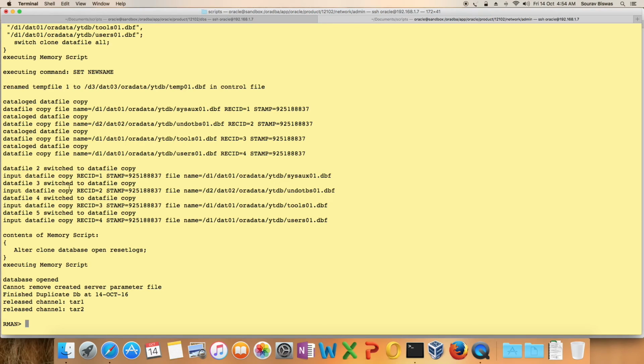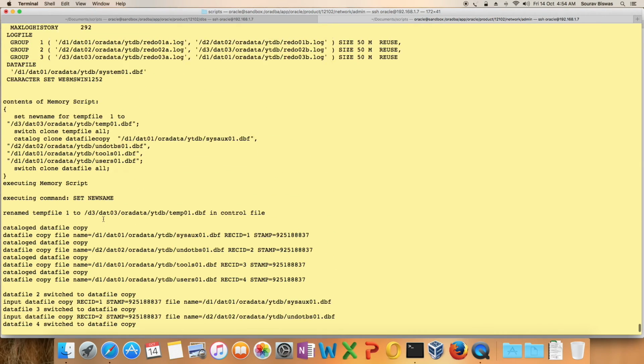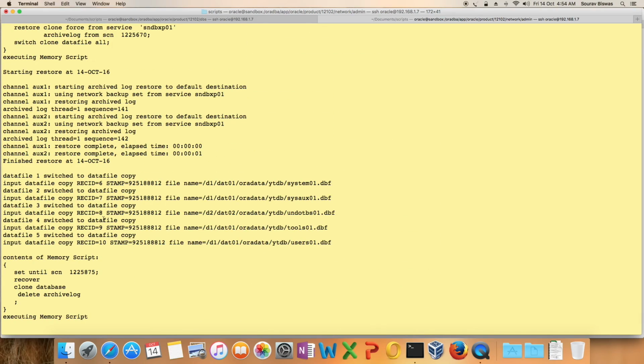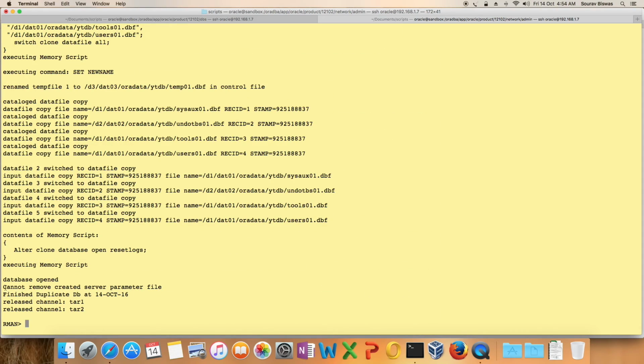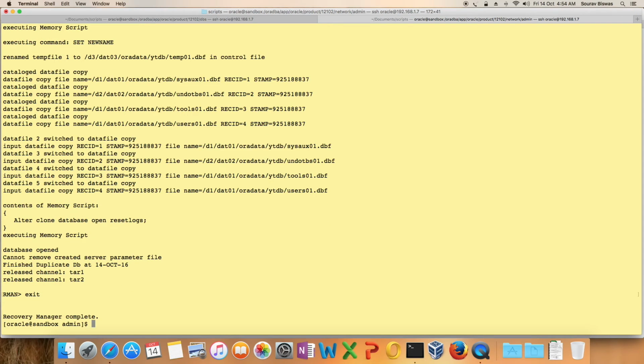Okay, so our duplicate database activity is now completed. We see this last line. It says cannot remove created server parameter file. This is just fine. Basically, it has created a server parameter file, that is the SP file, and we are okay to have that SP file. So that's fine. Okay, so if I exit